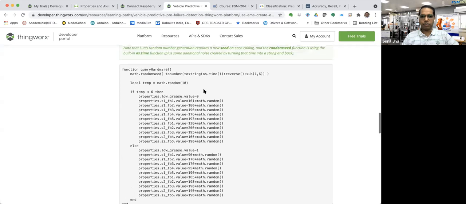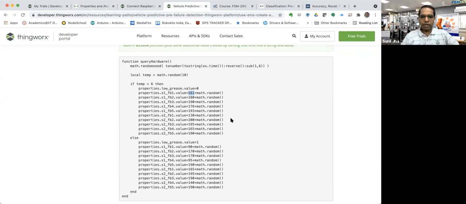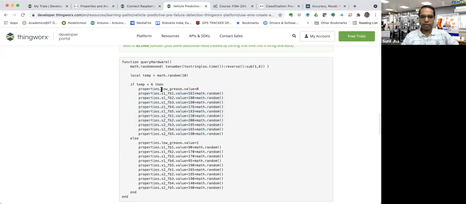You are using math.random to create noise around this reference frequency. Every time it is not exactly 161 that is communicated, so it represents a real scenario. It will create 161 plus some random number. Fine. So that is how the sensor data is represented for the low grease level.